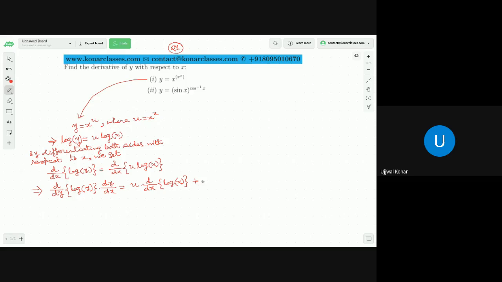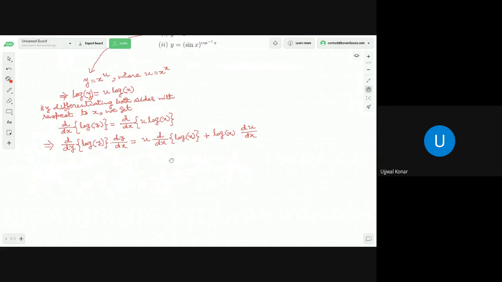Plus log x into d/dx of u, that is nothing but du/dx. Correct or not? Okay, now, as we know from the formula that d/dy of log y is nothing but 1 by y, so 1 by y into dy/dx, correct or not? That is equal to u into d/dx of log x, that is 1 by x,